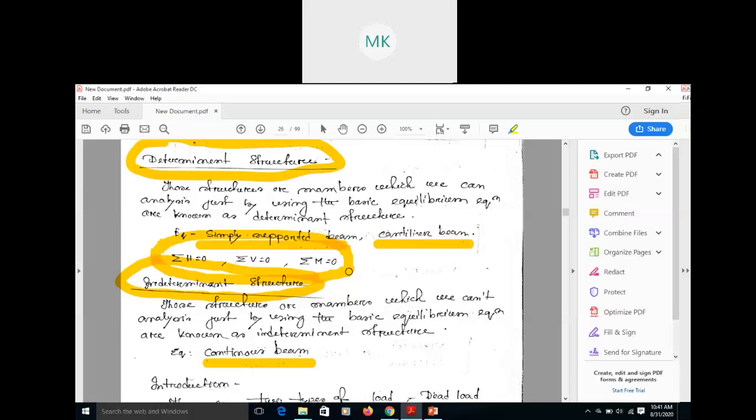I think all of you got this in your earlier semester also. What is the summation of H, summation of V, and summation of M? Summation of H means the horizontal force acting on a particular structure. If we solve that, that will give you the summation of horizontal. Similarly for vertical force and for moment, okay, summation of M. So we need to use these three equations to solve,